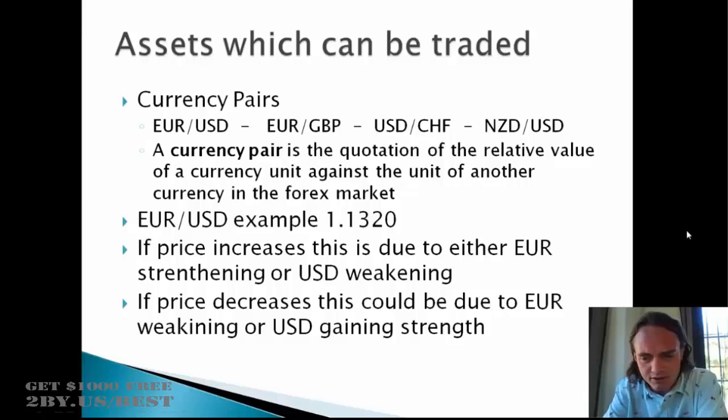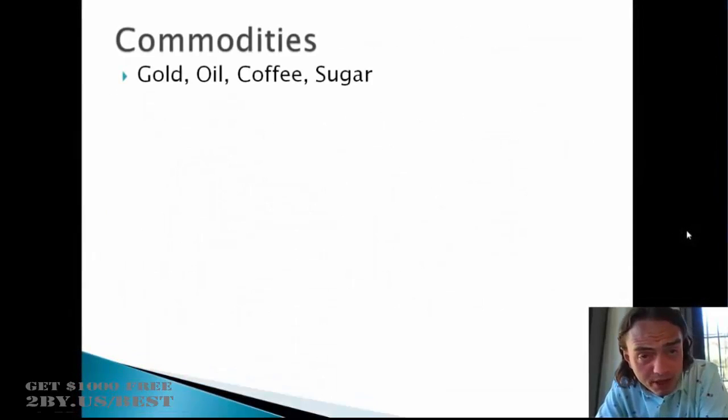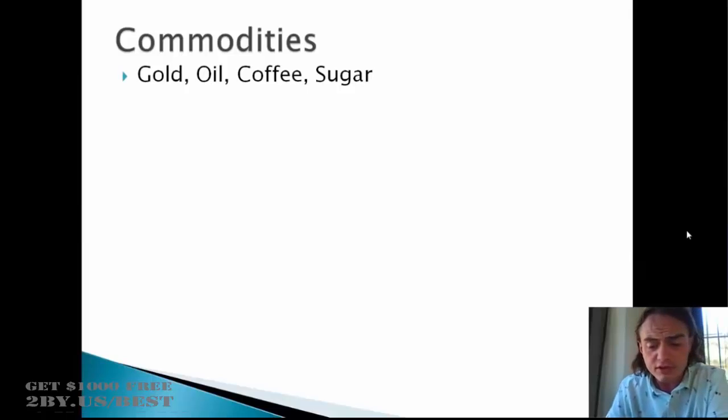When you look at an economic calendar, you'll see all of these things. You'll become familiar with them. So there we go. Aside from currency pairs, you have commodities, things like gold, oil, coffee, and sugar. Traditionally they are traded on commodities markets, but you can also trade against those in the land of binary